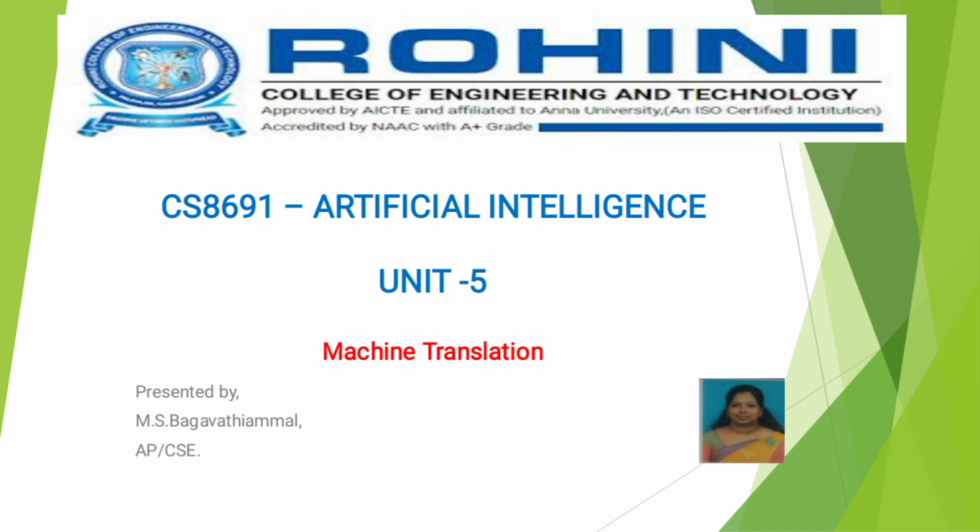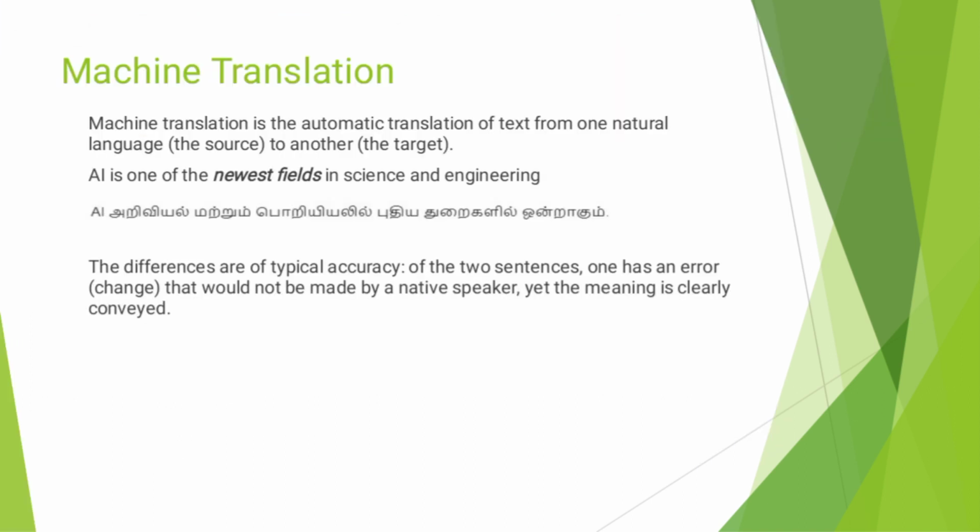In Unit 5, we are going to discuss the topic of machine translation. Then what is machine translation? Machine translation is the automatic translation of text from one natural language to another language, that is, source to target. It was one of the first application areas for computers, but it is only in the past decade that